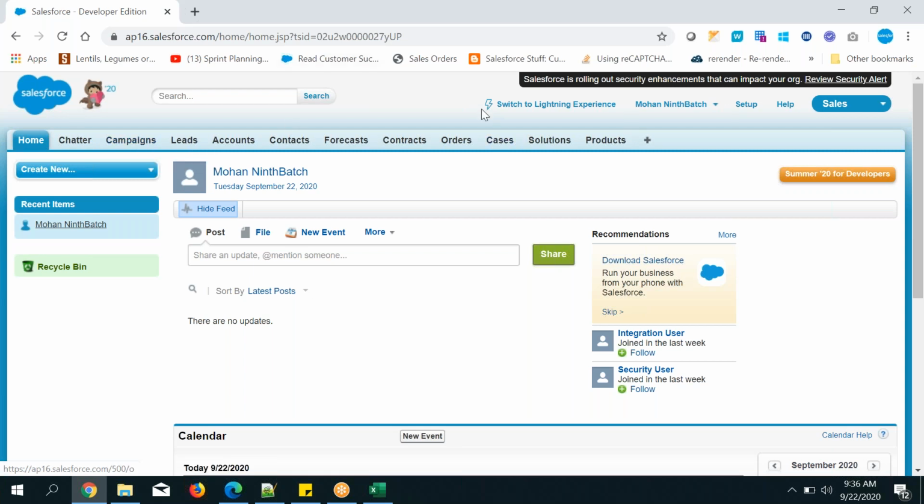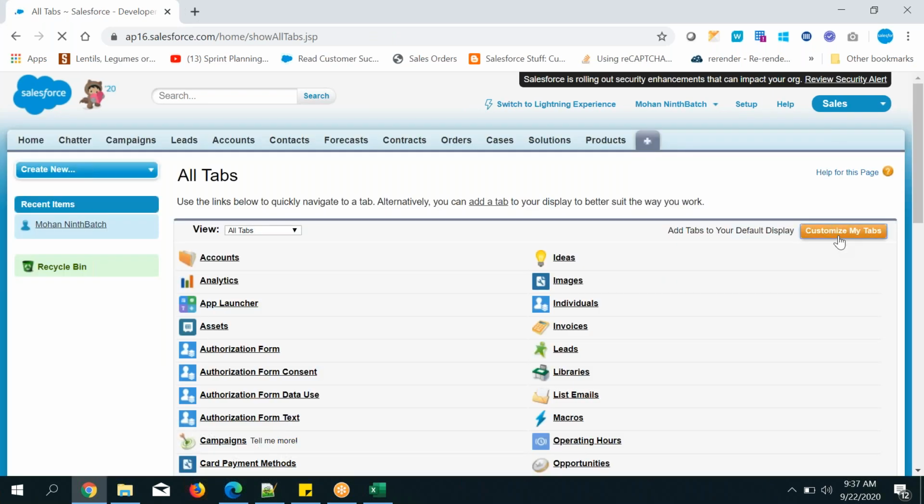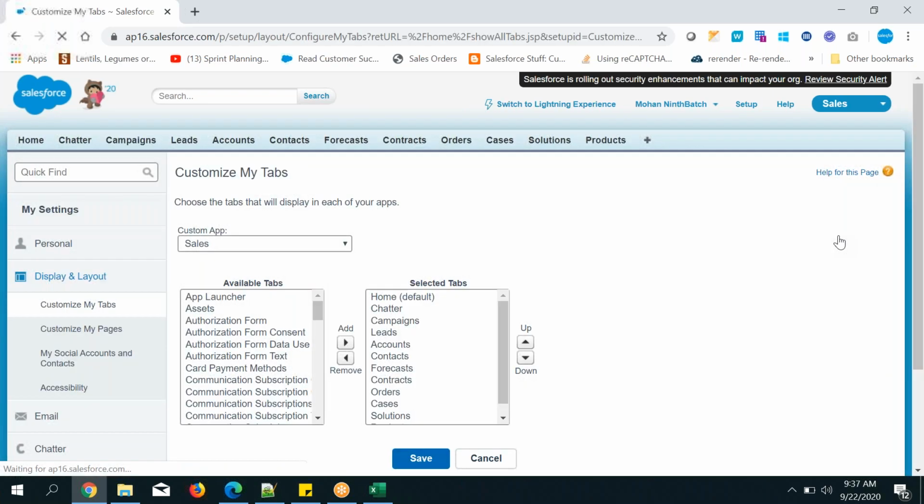Remember that one. Next, I want to change the position of the tab from Products here to here or somewhere else, and this one to here, and this one to here. I want to change the order. For all the tabs, a few tabs, or one tab, whatever the requirement is, the solution is to click on the plus symbol, where Customize My Tabs is available, and click on it again.